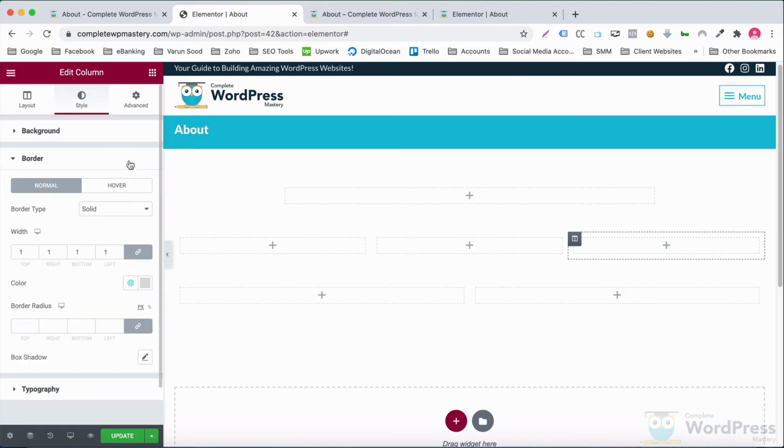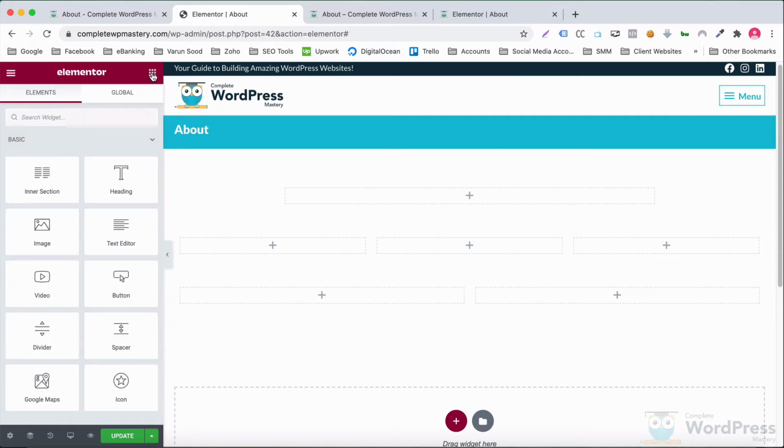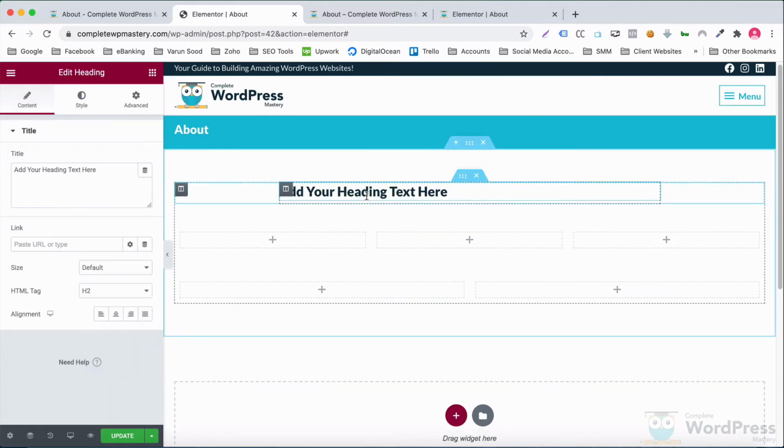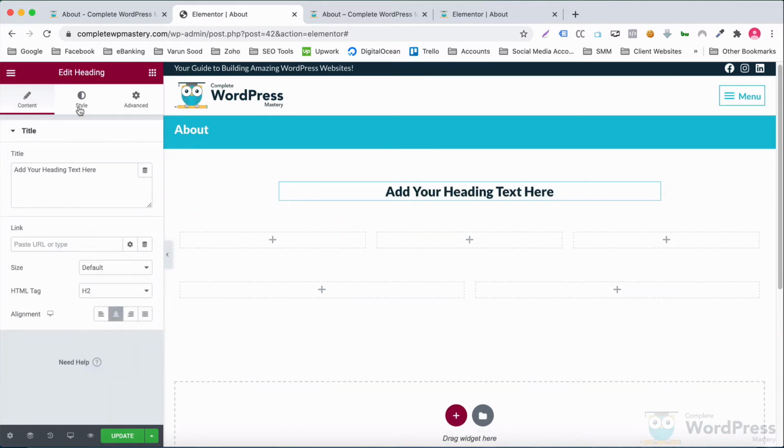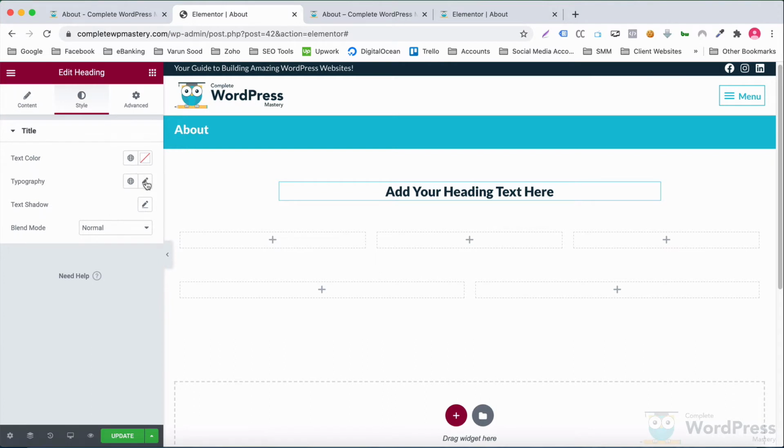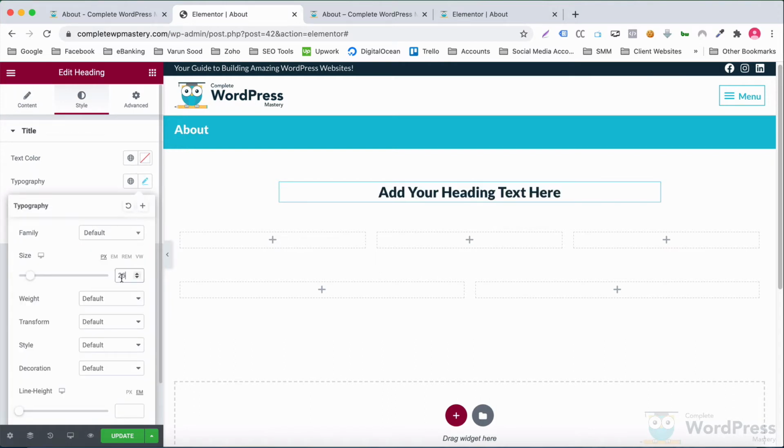So the basic structure of the page is ready. Let's start from the top and add an H2 heading. Center align it and adjust the font size, and I'll also make the text uppercase.